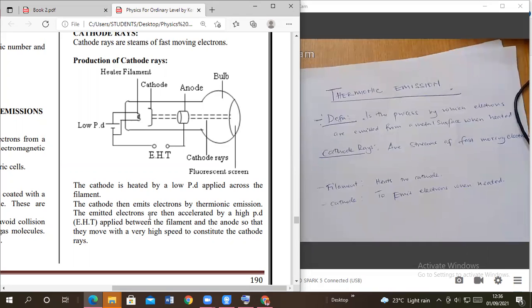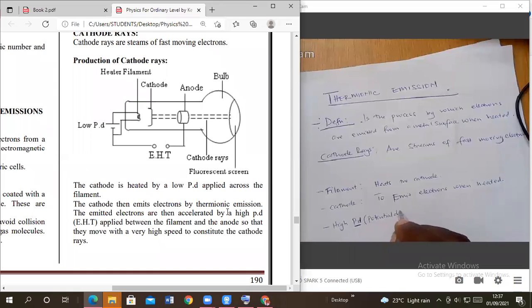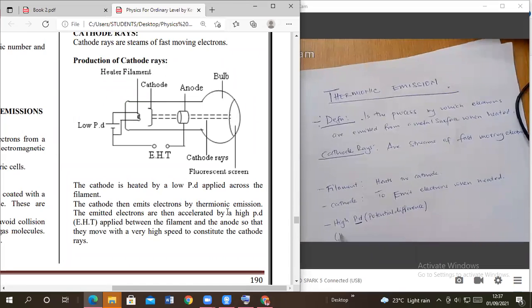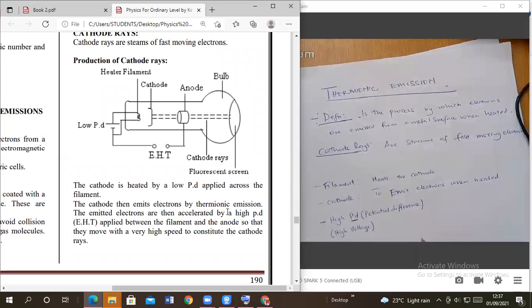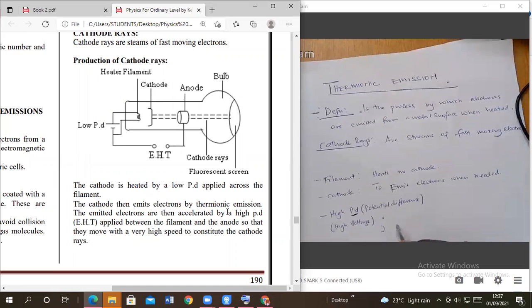So the emitted electrons are then accelerated by a high PD. Now, what's the use of the high PD? This PD means potential difference. If you cannot remember potential difference, then you can say high voltage. What's the use of the high voltage? The use of the high voltage is to accelerate the electrons